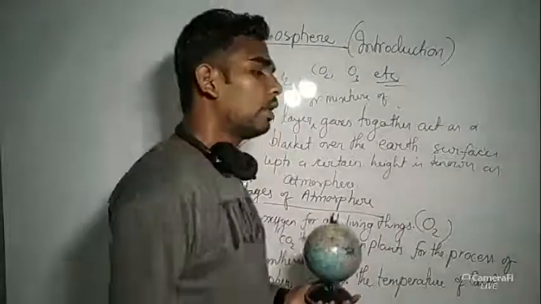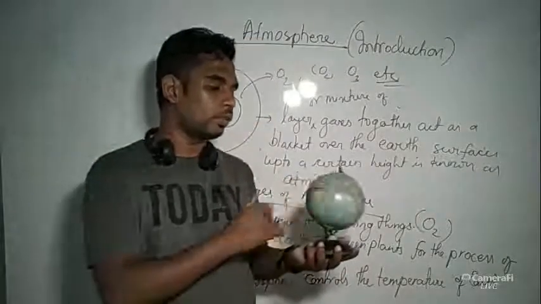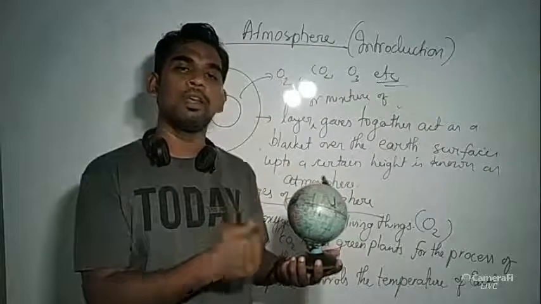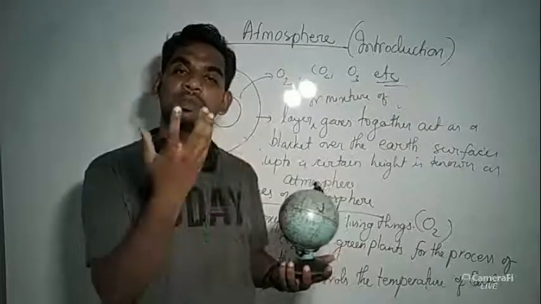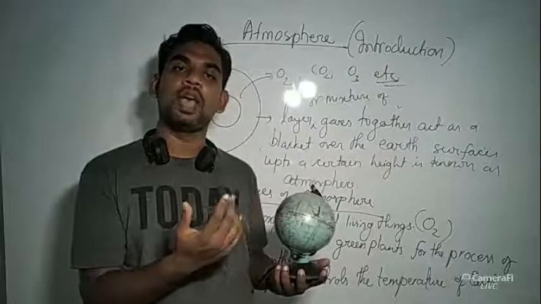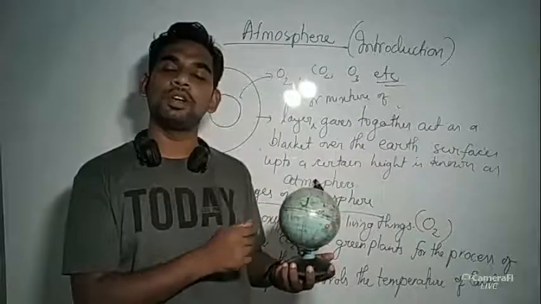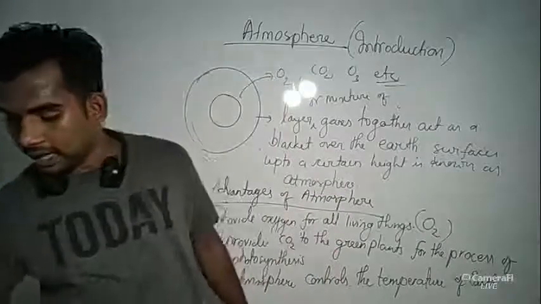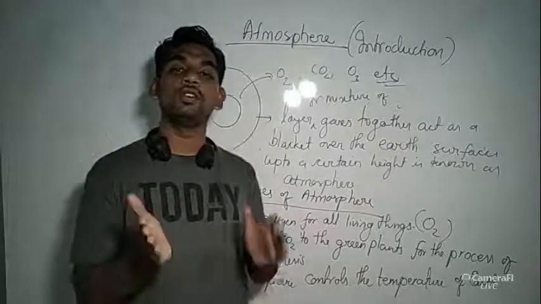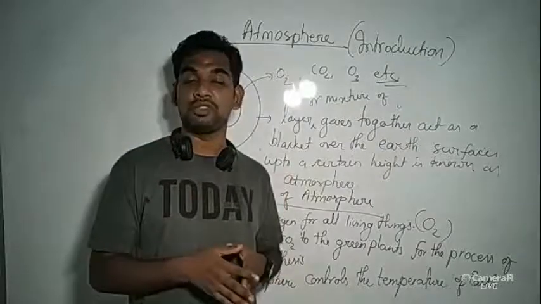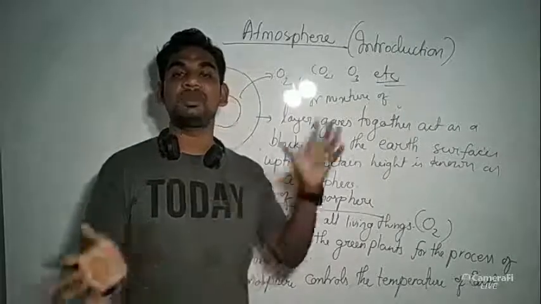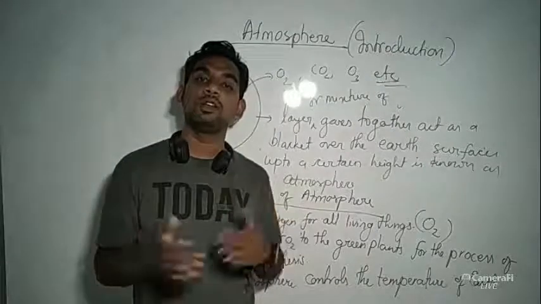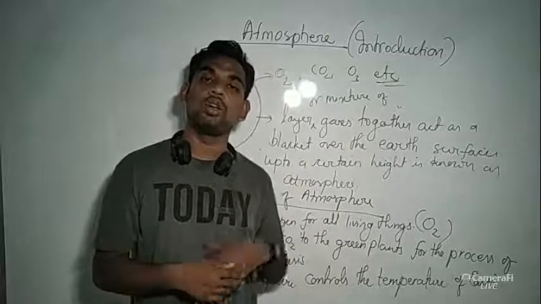In the previous chapter, we have read that due to the circular movement of the earth, the air that is present in the atmosphere also moves, and that causes what? Wind. And we know very well, due to the movement of the wind, the temperature gets split here and there. Or else, what would have happened if there would be no